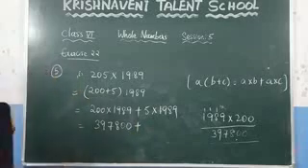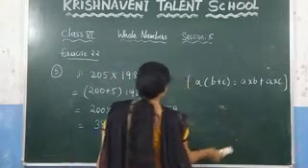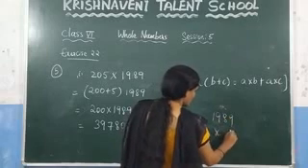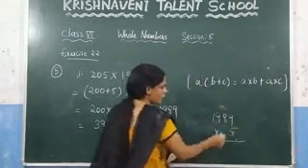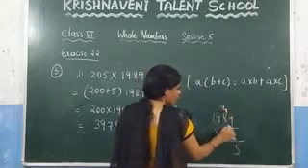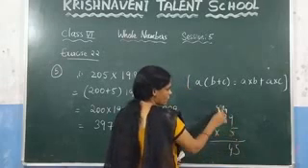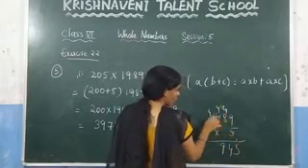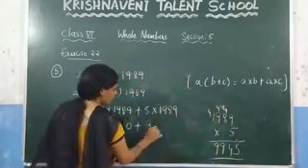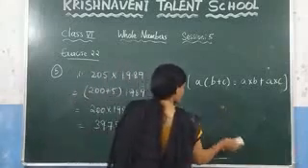Now multiply 1989 with 5. So after multiplication, what do you get here? You have to multiply this number with 5. So what do you get here? 9 5s is 45. Here 4 we will get, and after that 8 5s is 40 plus 4 which is 44, and 9 5s is 45 plus 4 which is 49, and 5 1s are 5 plus 4 which is 9. So what do you get here? 9945. So after calculation you will get this answer.